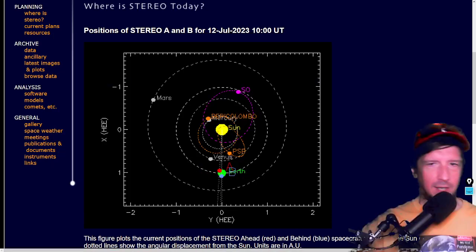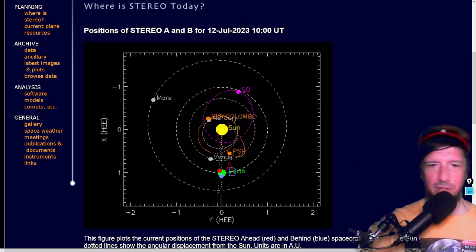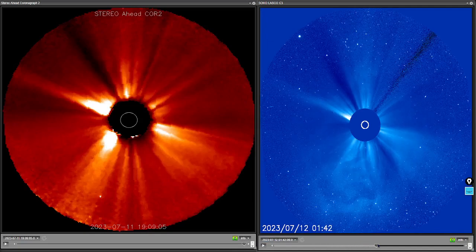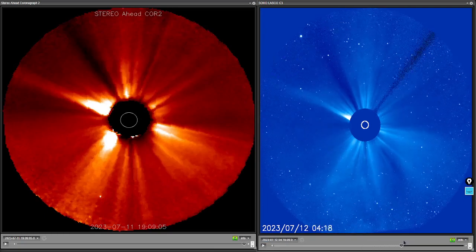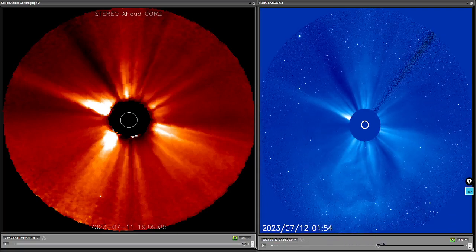So here is the view from STEREO A. We're going to show that as well, since it does show some additional data there. Actually, STEREO A is lacking today. STEREO A not helping at all. We've got quite a lot of missing data there, like 16 hours of missing data from STEREO A. Again, there's the view from SOHO LASCO C3. You can see indeed at least a partial halo eruption there. There's an event that precedes it, but there is a partial halo there, so we do expect that to be